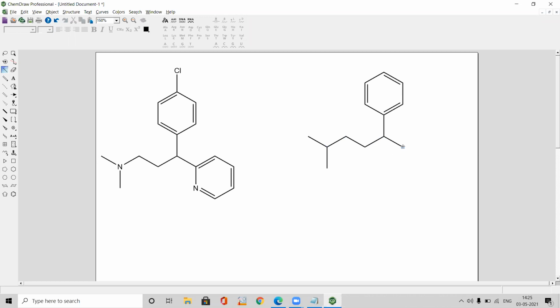Now here again another aromatic nucleus I need to include. For that again select benzene nucleus, click here, you will get that. Now on one of the benzene we need to include another bond.